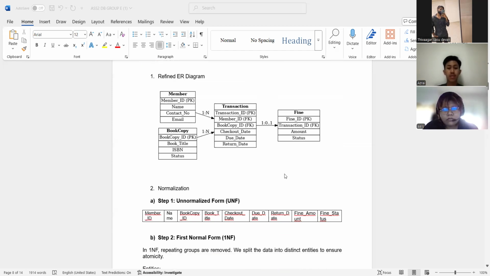So, our focus is on the circulation subsystem, which handles borrowing, returning, and also fines. So there are four main entities involved, which is a member, book copy, transaction, and also fine. So member stores details about users such as member ID, name, and contact information. The second one is book copy, represents individual book items in the library, including the book copy ID, title, ISBN,